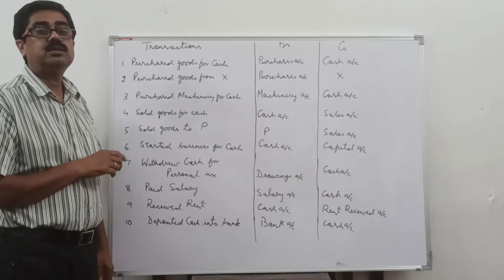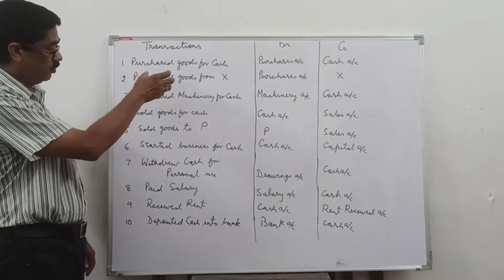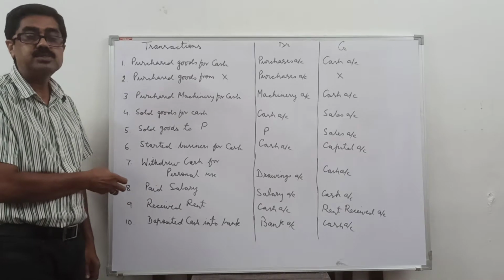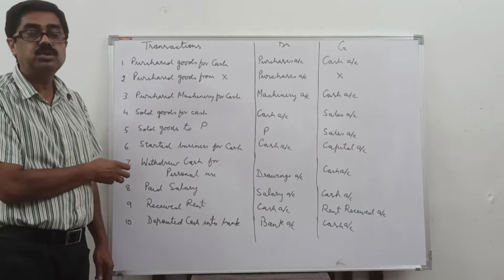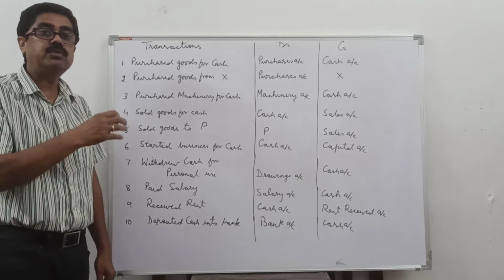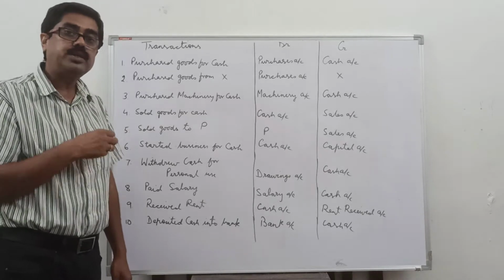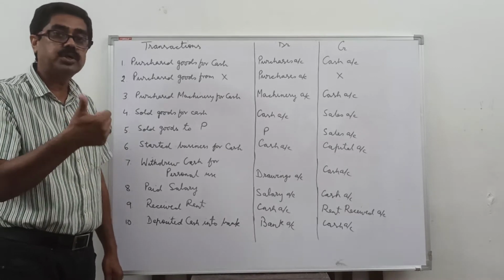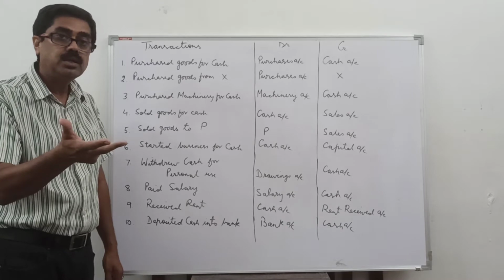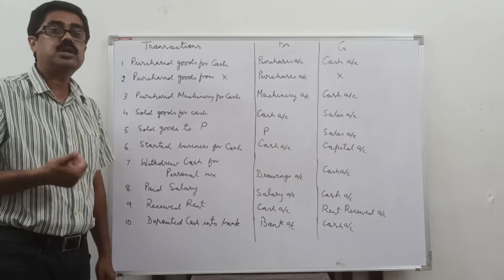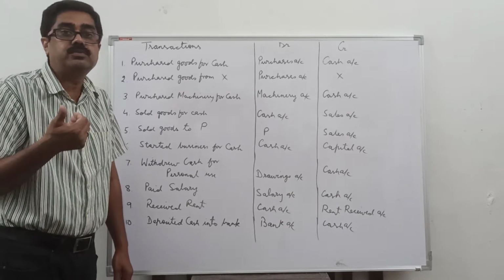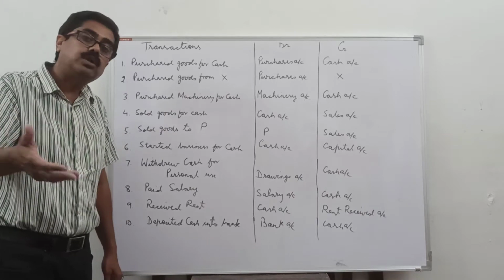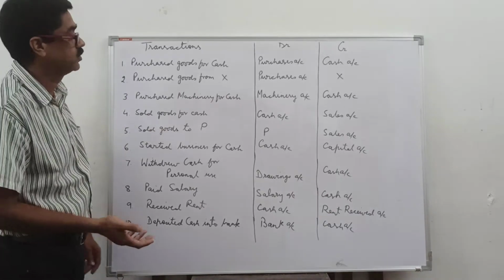We will apply the accounting rules in the following few examples, some transactions I am giving to you, to show how you derive or find out the two accounts first and then apply the accounting rules of personal, real and nominal. You have to see the rules in the beginning 2, 3 times or 5 times only. After that automatically you will apply them, it will come to you.